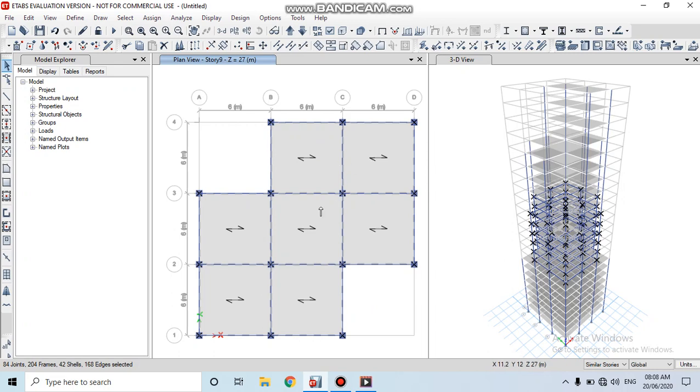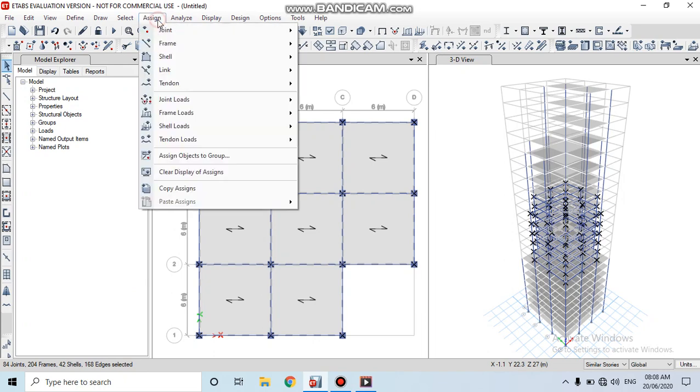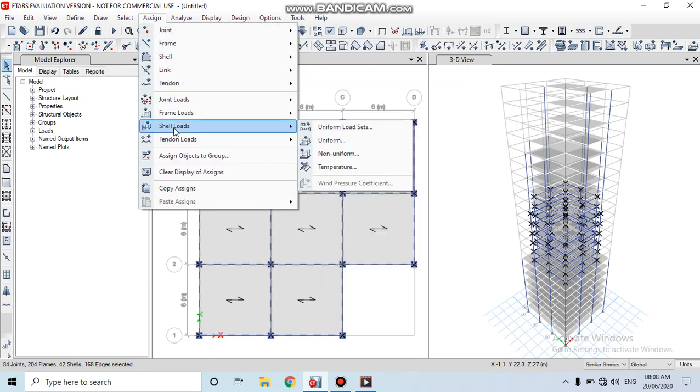Here the shells have been selected. Go to assign. Here we can see that the 42 shells have been selected. Assign menu and go to shell loads.